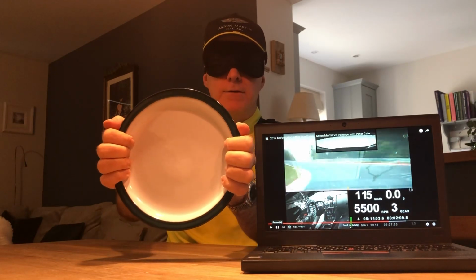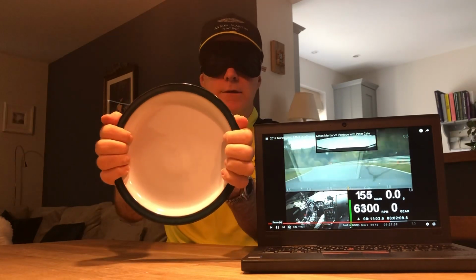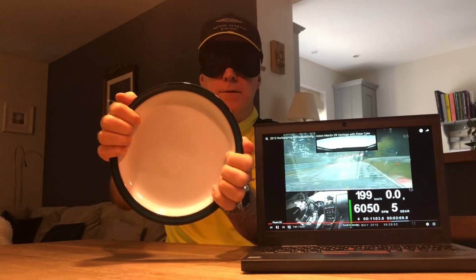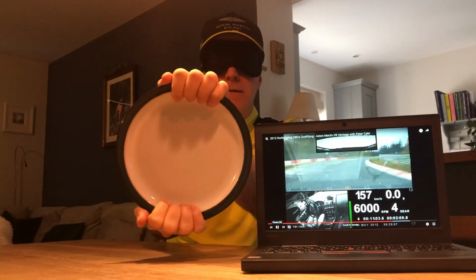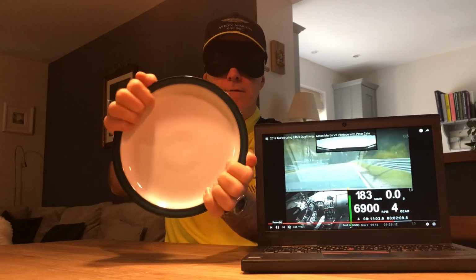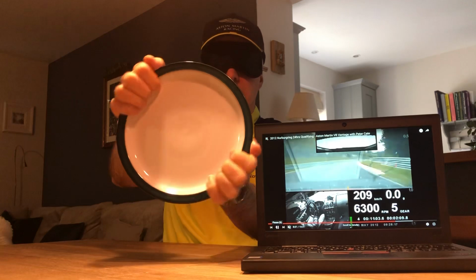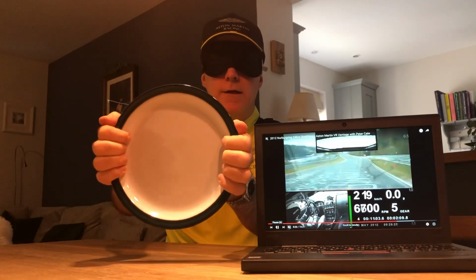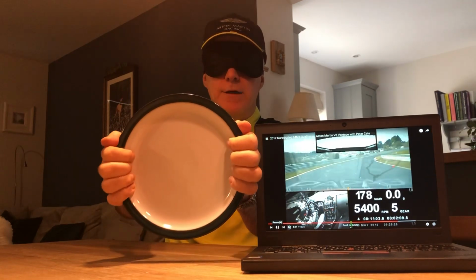And then we come to the ice curve, uphill. Try and stay off the curb on the right if you want to look after the tyres and the wheels. And then down to Pflanzgarten jump. Over it and then turning in. And then left over Pflanzgarten 2 at some point. And then we go through the fast wiggles, got to try and keep your foot in here. Exit, and then a little straight,